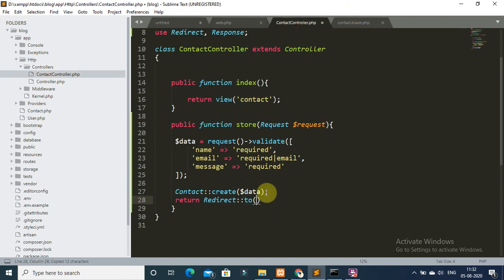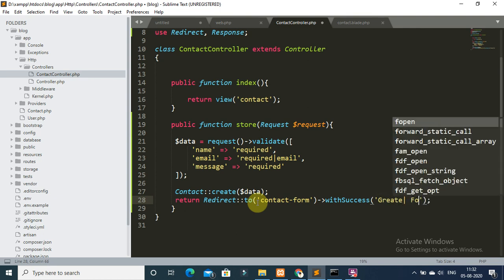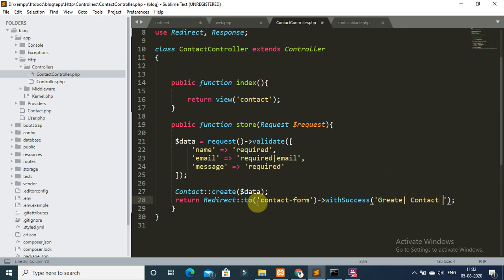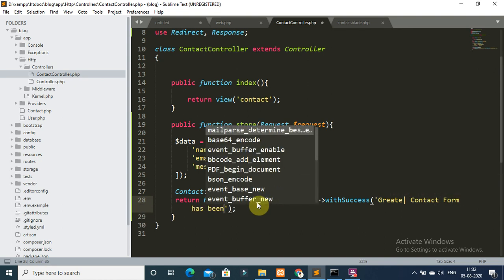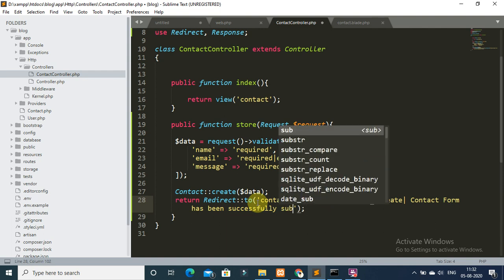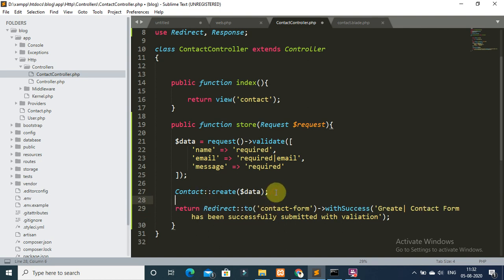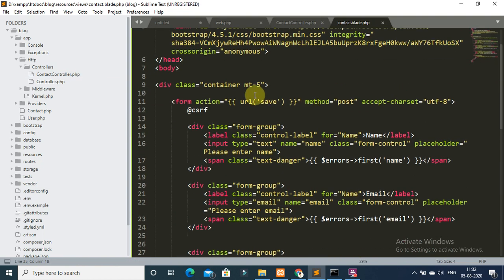Copy the URL and paste it here with a success message: great, contact form has been successfully submitted with validation, and save this.